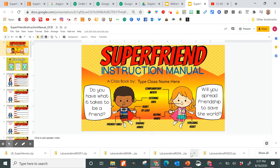Hi, students. Your teacher has assigned you a book called Superfriend Instruction Manual. This is a digital class book that your class will be making together. You are responsible for one page in the class book. Your teacher should have assigned you a number. You will look for the page with that number in the top right corner, and you will complete only that